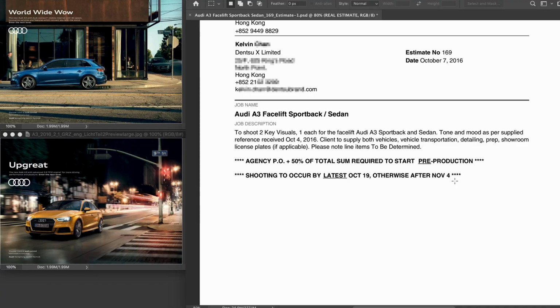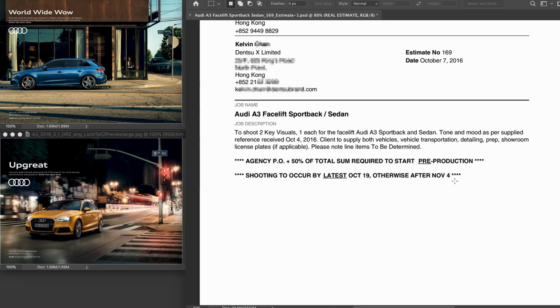This is only for this particular job because I was going away between these two dates, and I wanted to let them know ahead of time so that they know that we should either start shooting as soon as possible or we have to wait until after November 4th. That's just for this job. Otherwise, I don't normally need to put this in. Moving along